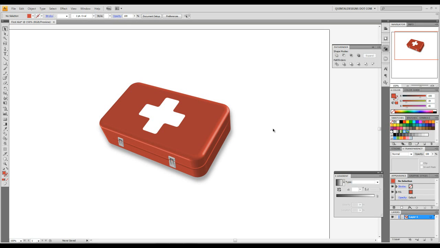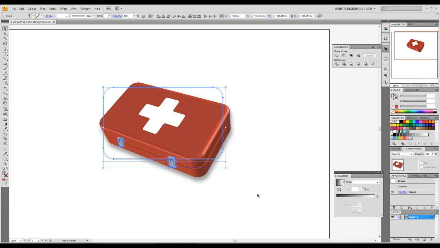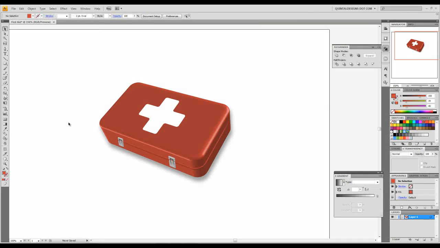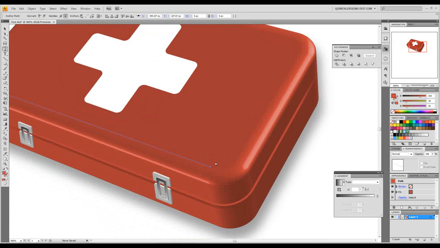And then we're just going to come and put a little gloss on this. Select everything and Control-G to group. And the gloss is really easy. Just grab your pen tool. Start at sort of an inside rounded corner. Follow that highlighted edge. Scoop it. And if you're not too familiar with the pen tool, even though this is an intermediate tutorial, that's a click and drag once,